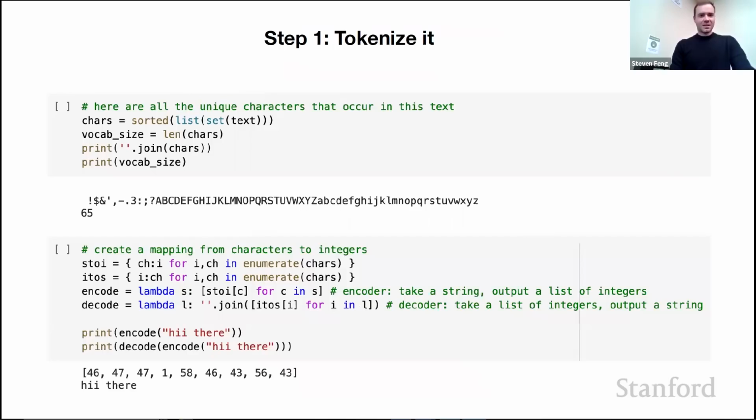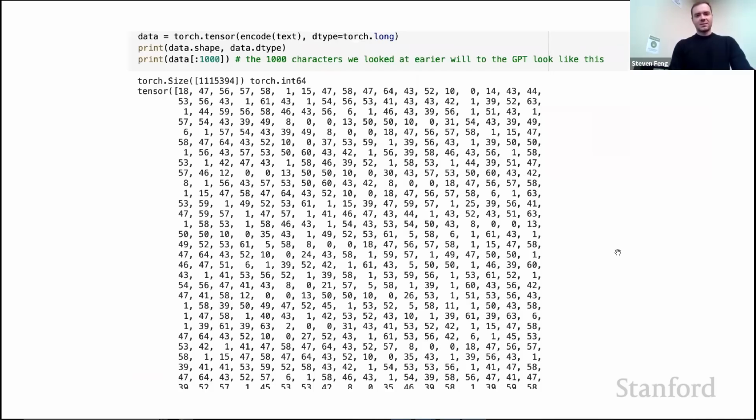So we have a text. The first thing we need to do is convert it to a sequence of integers, because transformers natively process integers. You can't plug text into a transformer; you need to somehow encode it. In the simplest case, every character gets an integer. Then instead of "hi there", we would have this sequence of integers. So you can encode every single character as an integer and get a massive sequence of integers. You just concatenate it all into one large, long, one-dimensional sequence, and then you can train on it.